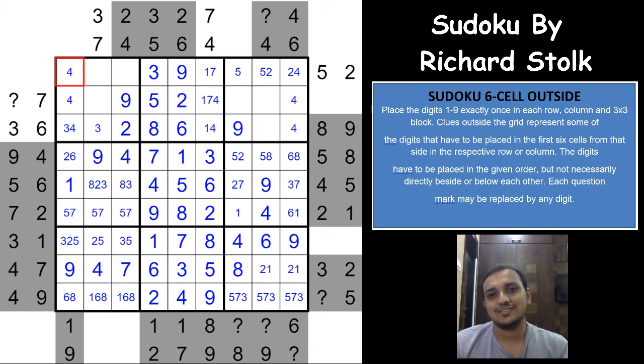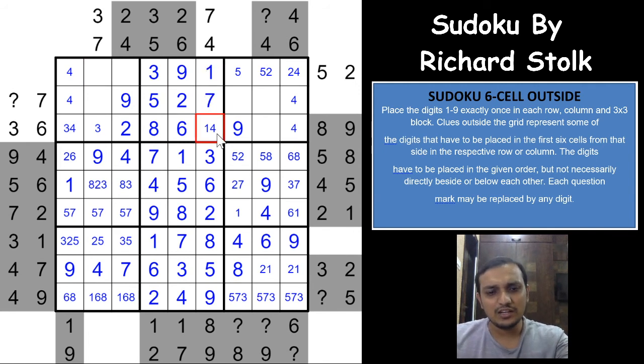Oh, excellent. That's a really super breaking, guys. See the 7 here. Can a 7 be in one of these two cells? 7 cannot be here because, of course, before the 7 you need to have some digit. So the question mark is nothing but you need to have something before the number indicator, right? So which means a 7 cannot be here. A 7 cannot be here because before that you need to have a 3. So which means that in the first 6 cells the 7 would have to be here.